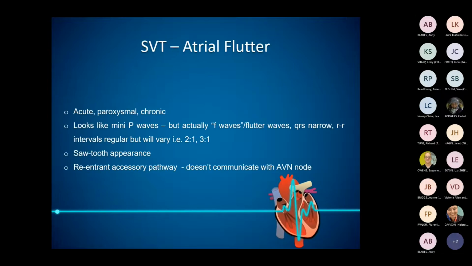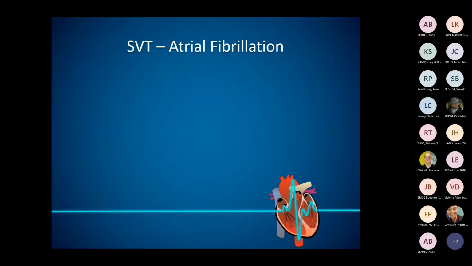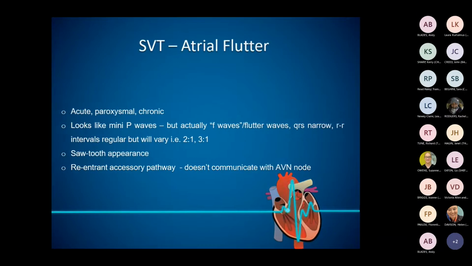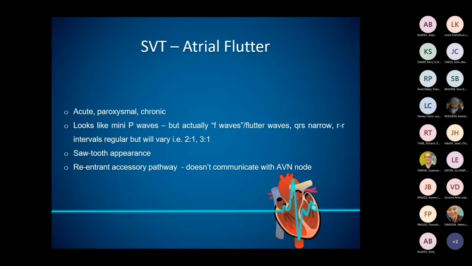Of course, in terms of flutter, what are we looking at? We're looking at this F wave, the flutter wave, and the difference we see with flutter and AF is very much the regularity of the block. So we can get 2-1 or 3-1 conduction, whereas in AF it's very much irregularly irregular. We get this sawtooth appearance. Have I got an image? I don't think I've got an image on flutter, but we've got this sawtooth